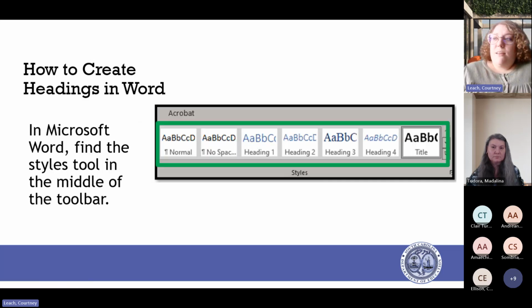And then in Microsoft, it's the styles bar that goes across the top in the toolbar. It's usually in the middle of the toolbar. And same way, you can modify those heading styles so that they show up the way that you want them to every time you use them.